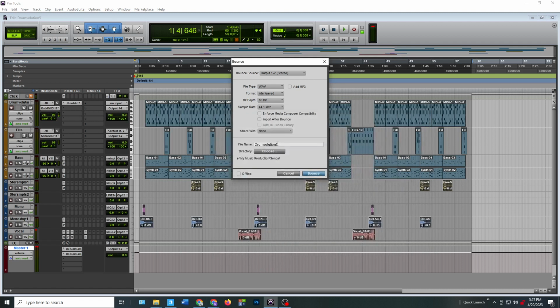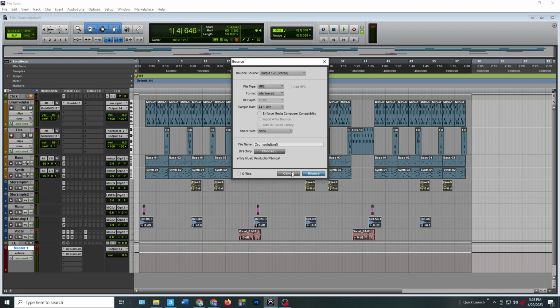You name it Drumvolution 5. You choose whether you want WAV or MP3, and you can choose the MP3 specifics, and then you just click bounce, and it'll take, for this kind of song with this many tracks, usually the exact length of your song. So this is a 2-minute song. It'll take 2 minutes to export it. It'll play it while you're exporting. And I'm not going to do that right now because